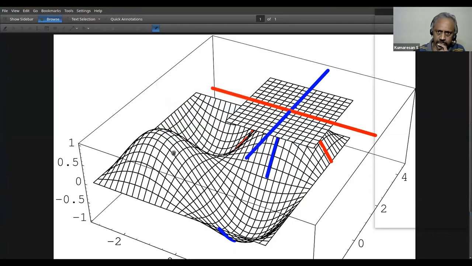Now, do you see this picture? Please say something. When I ask questions, somebody has to say yes. No, please say it in terms of symbols. That will be easier. You understand that? This is the graph of f. Then what I am looking at, this is the point a, comma, b, comma, f of a, b. I am looking for this plane. This is the plane I am looking for. That's what I was trying to draw.